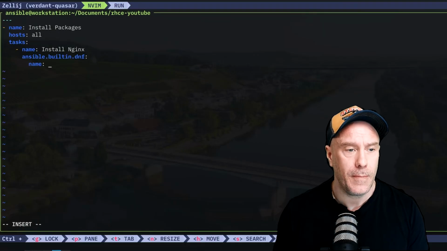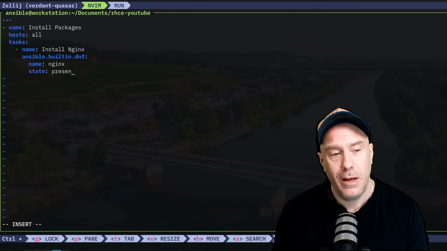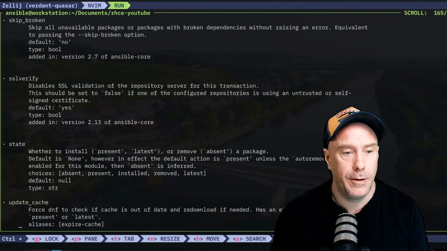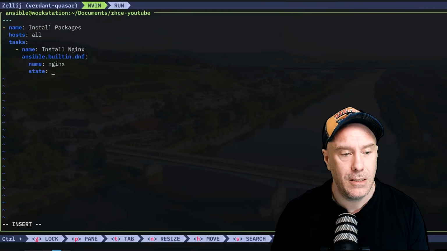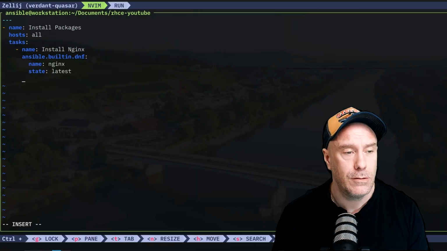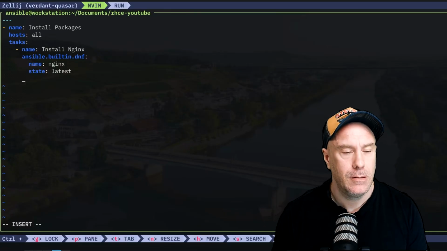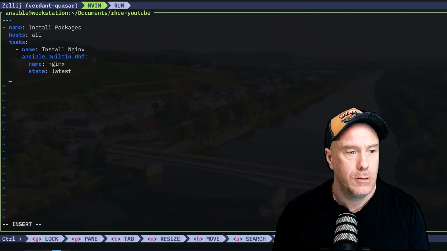So name, we're going to do nginx. State: present, install. And if we do latest, it's still just going to install. It's just going to install the newest version. Is there anything else that we want to do with this one? So if we check out the documentation yet again,